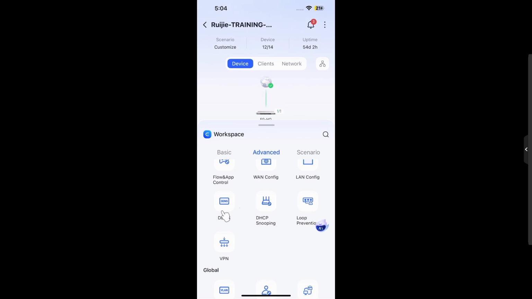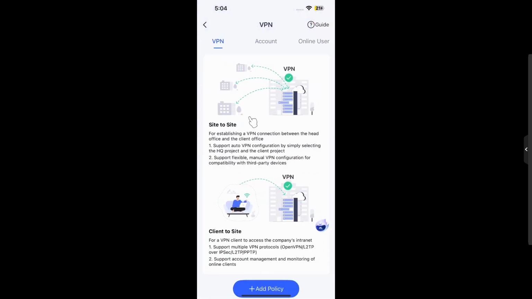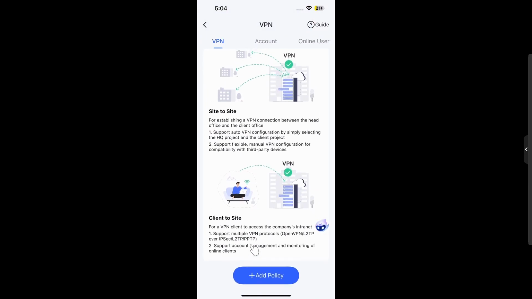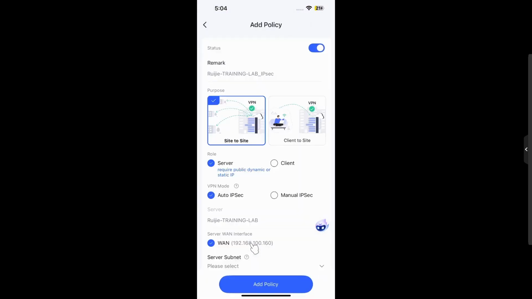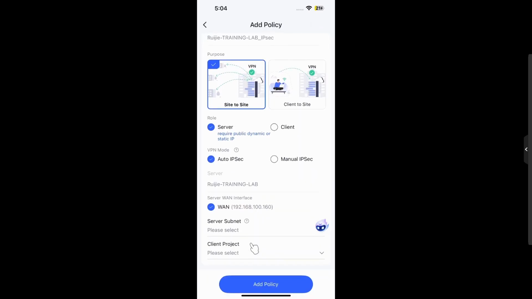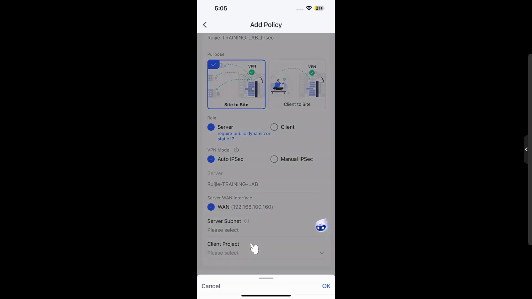And other options like the WAN configuration, LAN configuration, then the VPN you can configure on the Ruijie Cloud application, like site to site and client to site. Add VPN policy, do the configurations. It's simple. Okay, select the project. For example, this is my second project. We'll select from here. If you have the project on cloud,